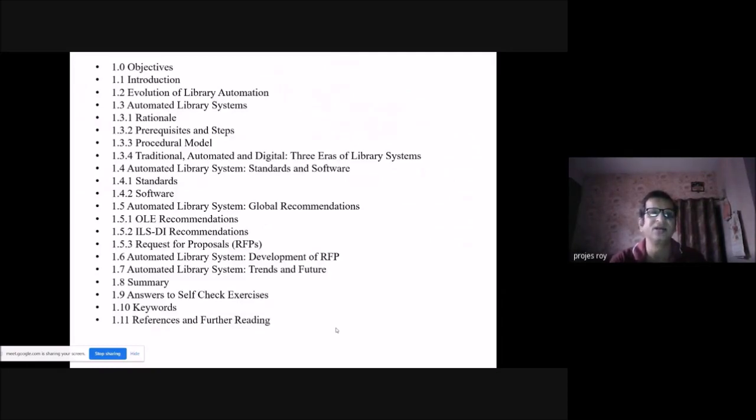system, rationale, prerequisite and steps, procedural model, traditional, automated and digital, three eras of library system, automated library system, standard and software, standards, software both differently, automated library system, global recommendation, OLE recommendations, ILS-DI recommendations, request for proposal, which is called RFPs, automated library system, development of RFP, automated library system, trends and future, then summary, then set exercise, keyword, referencing, and